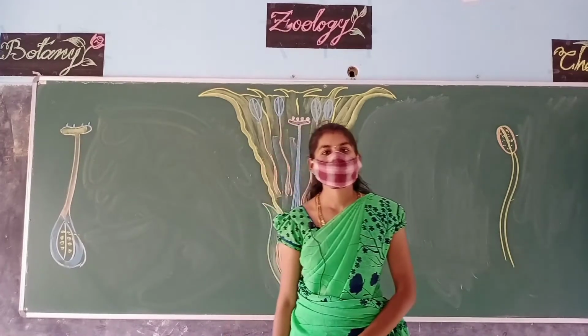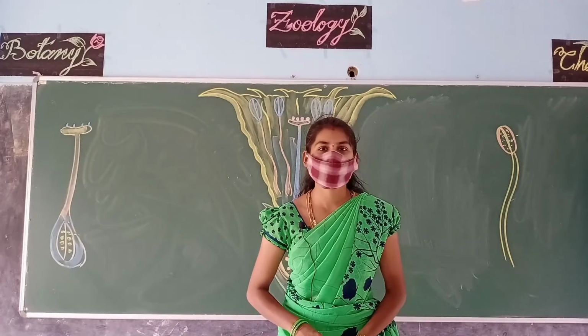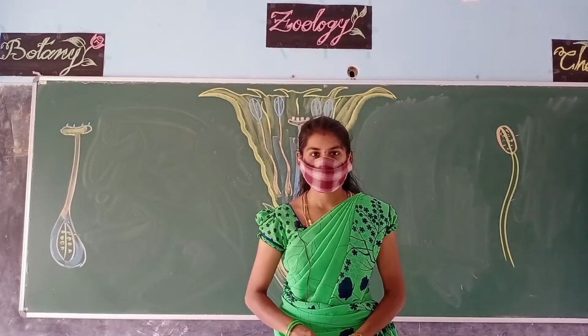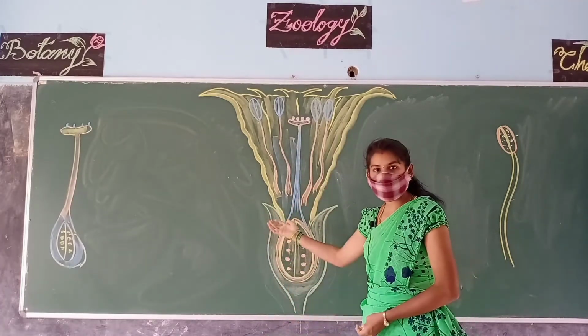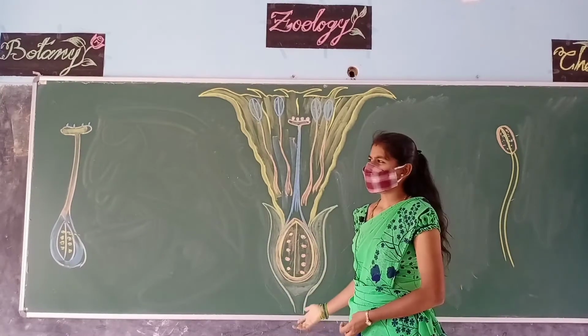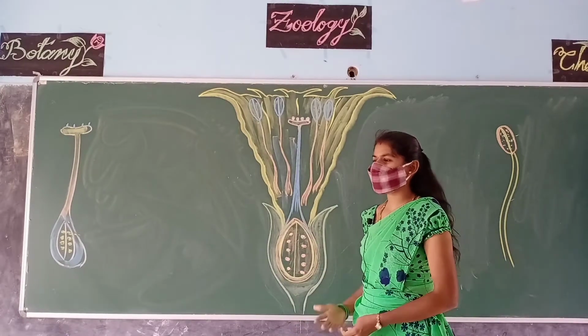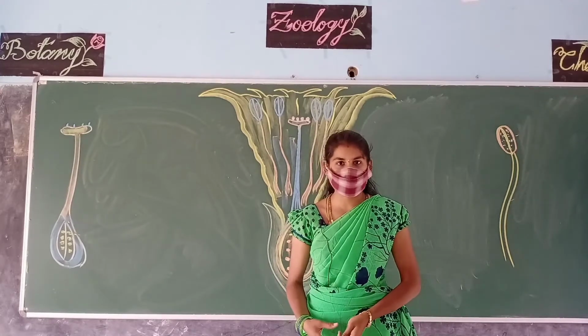Hello everyone, let us discuss one topic from the botany subject, that is structure of a flower. You could see here, this is an LS of the Datura flower showing the different parts. Now let us study all the different parts that are present, what are their functions and where they are located, how are their structures, right?